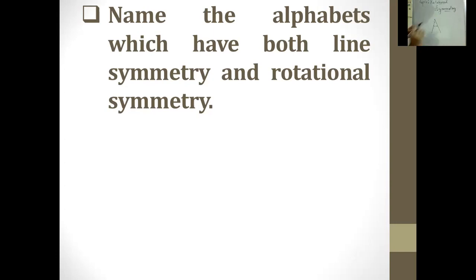Now we know about the line of symmetry. That is the line at the center. We can see that it is making a line of symmetry. We are satisfied. What about the rotational symmetry? If I'm moving this A towards the left, towards upwards, is it making the same kind of image the way it is showing now? No, it won't. So we would say that it is making line of symmetry, but not rotational symmetry.